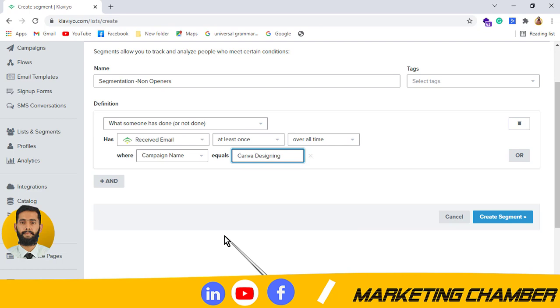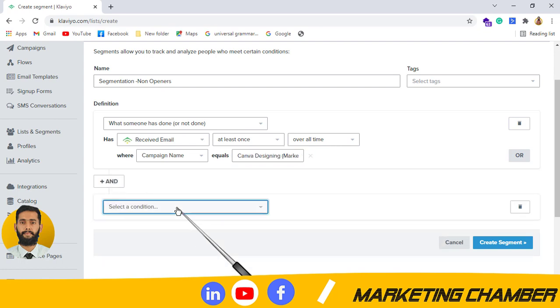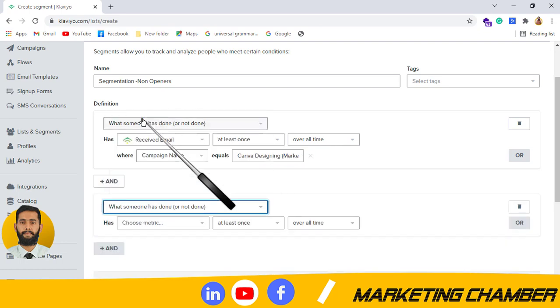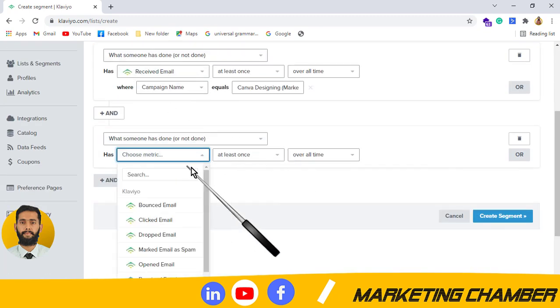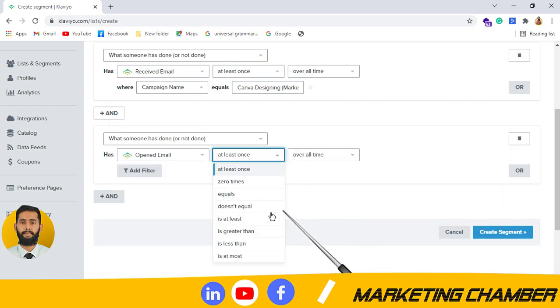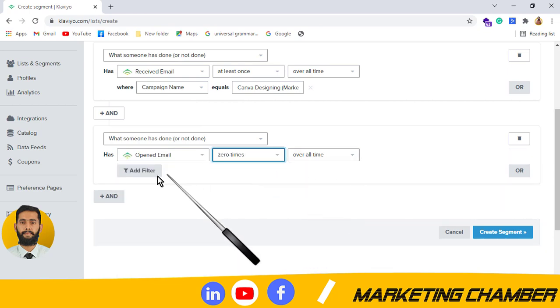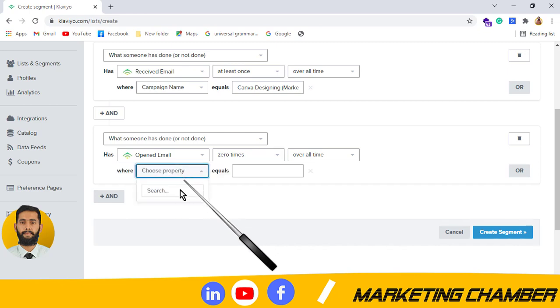Okay, Canva designing, and inside bracket my channel name was there, so I write it here. So okay, then I will add an and function. So here I will use what someone has done. He has received but he has not opened, so I will add open at least 0 times over all the time. And here we also need to add the filter, same